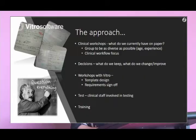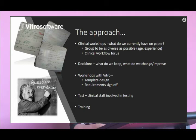and then had to make the decisions. What do we keep? What do we change and improve? We weren't turning paper into digital or putting a form behind a glass screen, as someone said to me. We actually wanted to improve it, but keep the simplicity of what we know well in